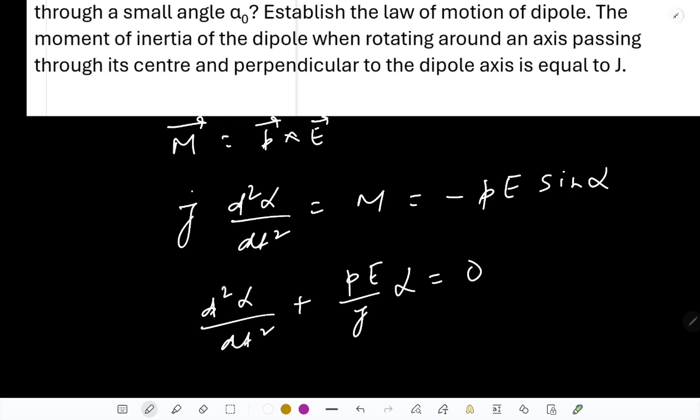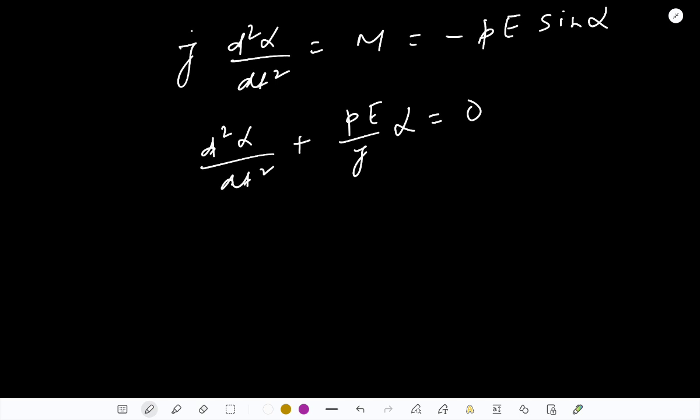Just consider sin alpha is going to be equal to alpha simply in case alpha is very small, and this